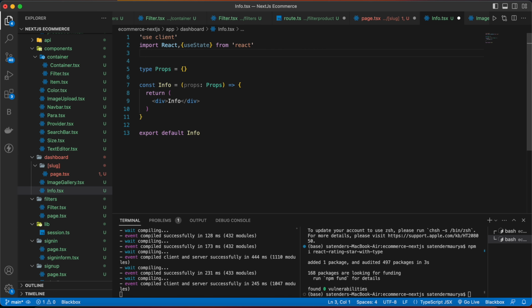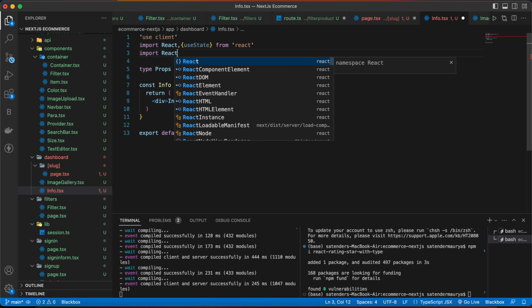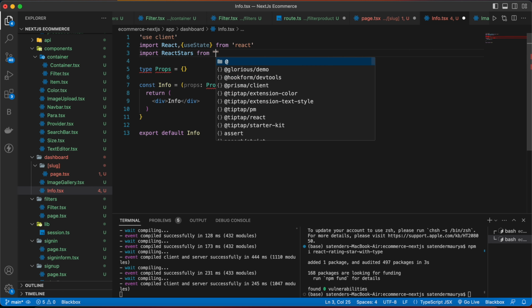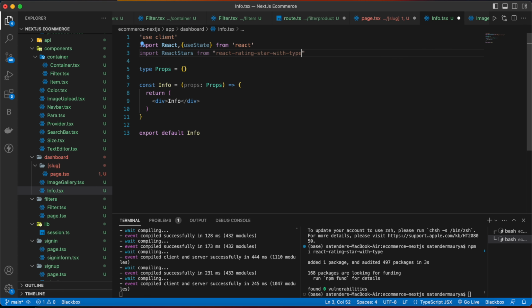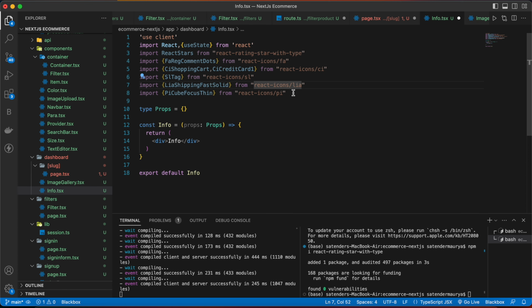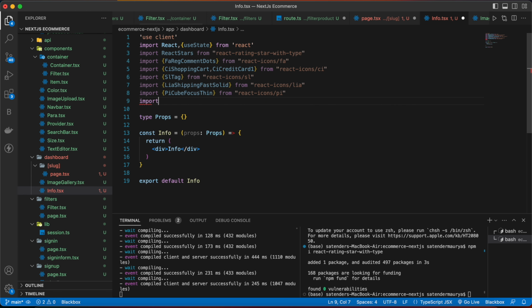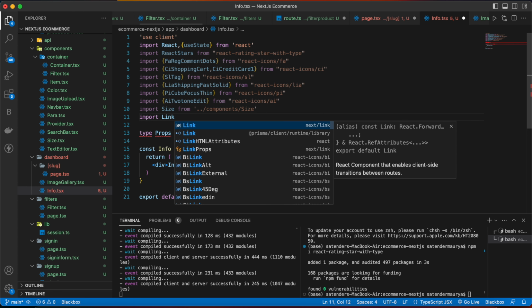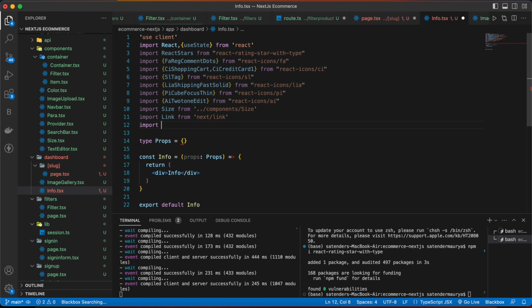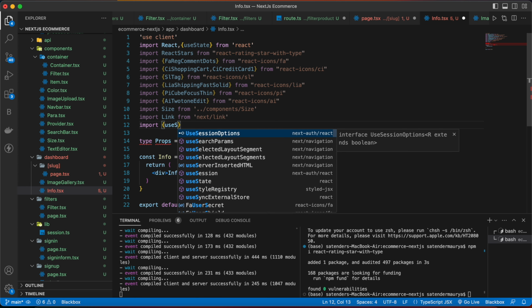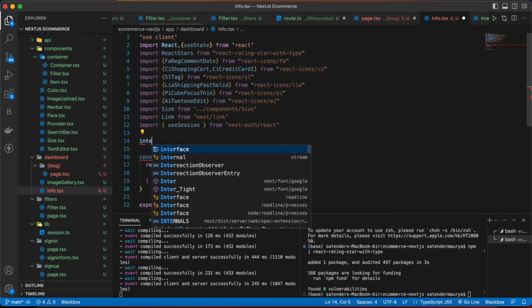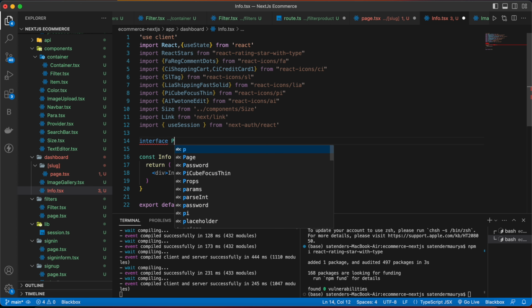And now we are going to import React stars from react-rating-star-with-type. And then we are going to import all these icons. Along with that, we are also going to import size component and import link, then import use session from next-auth/react. Below that, we are going to define interface props,